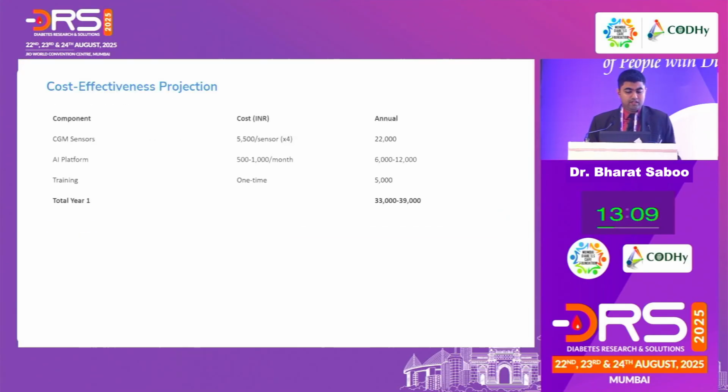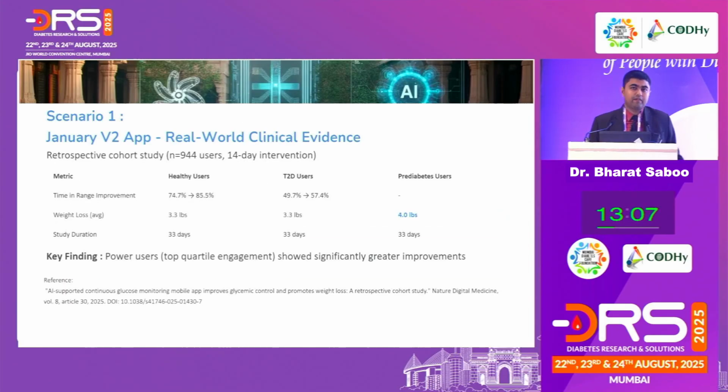So again, I'll skip this slide for the paucity of time, but let me jump you on 3 unique scenarios where AI integration in CGM has already happened, and we have some phenomenal data. So this was a very interesting retrospective cohort study where 944 users were put on a 14-day CGM, and time in range, weight loss and study duration, which was later pulled up to 33 days after the 14-day intervention, clearly showed a better weight loss of close to 4 pounds